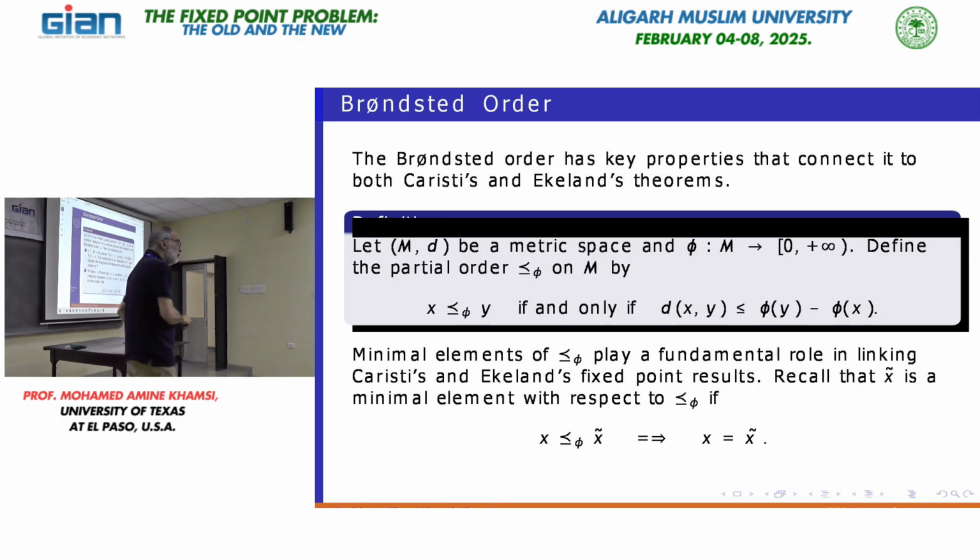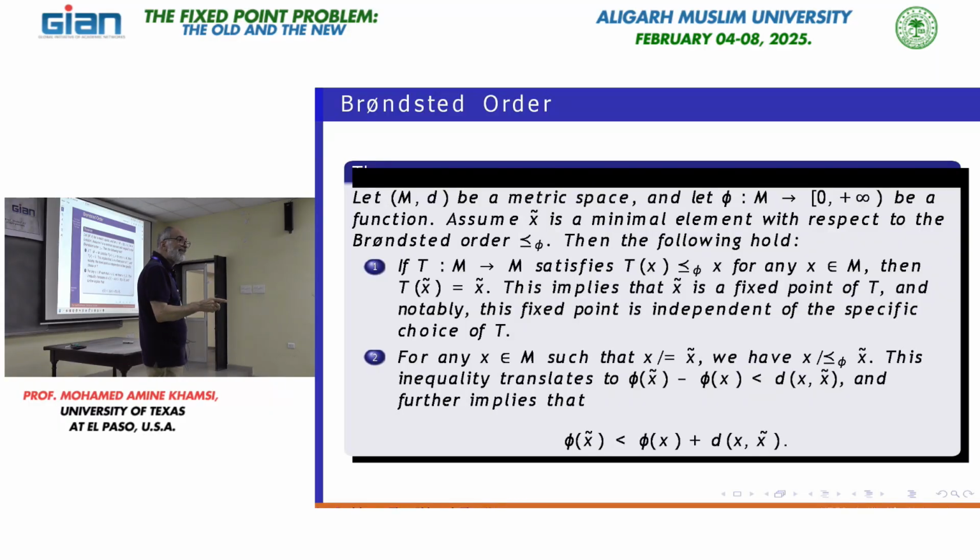Ready for 2? Let's take X, which is different from the minimal. You cannot be below it if you are different. What does it mean, not below X tilde? But it means exactly what you have here. That's a clone, but a clone has an epsilon. But guess what? The whole theory, instead of working with D, I can work with epsilon D.